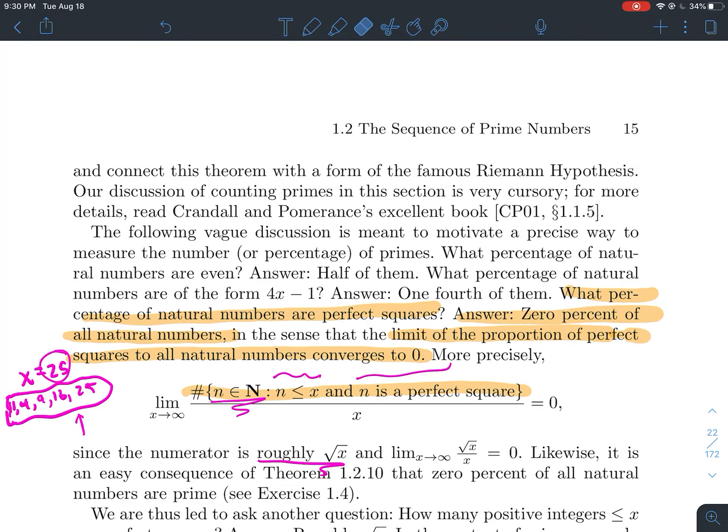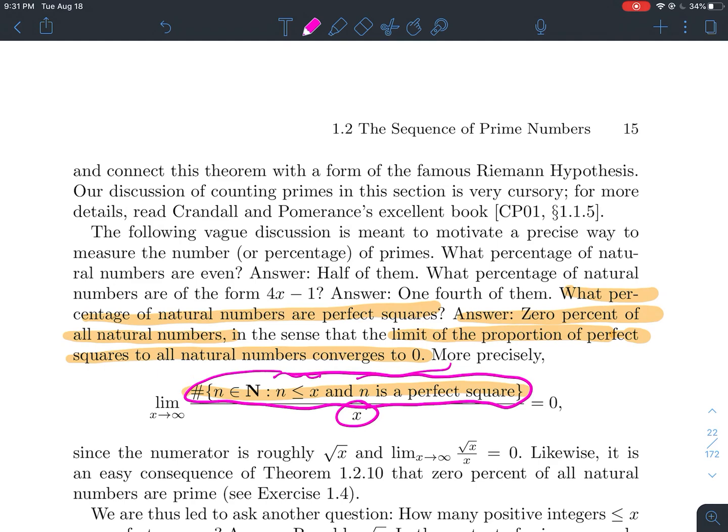I'm not saying it's exactly equal to, it's not like some glorious pattern, but it's roughly that. So in that sense then, to go back to this question, if I'm thinking about what proportion of natural numbers are perfect squares, this is roughly square root of x in the top over x. And now we've got this calculus problem to solve. So if I took the limit as x goes to infinity of root x over x, you get 0. And so that is a little bit more precisely what he means by the answer is 0% of all natural